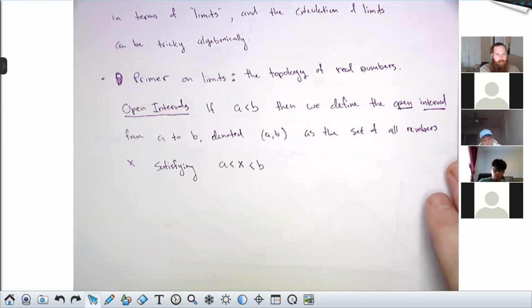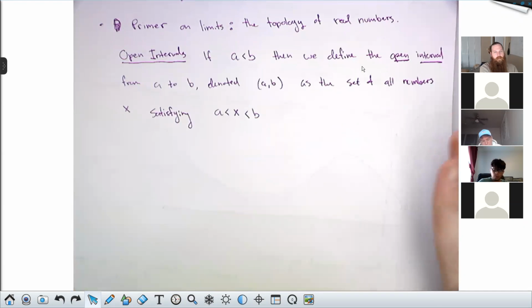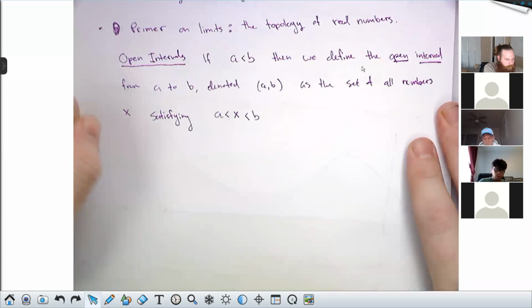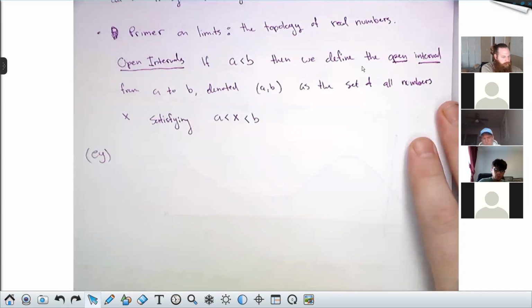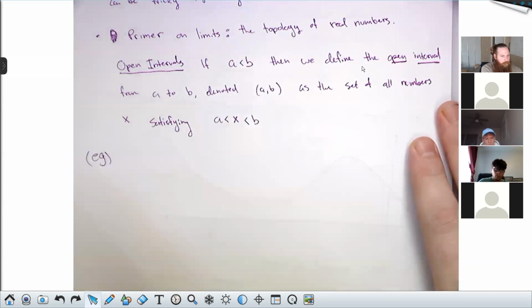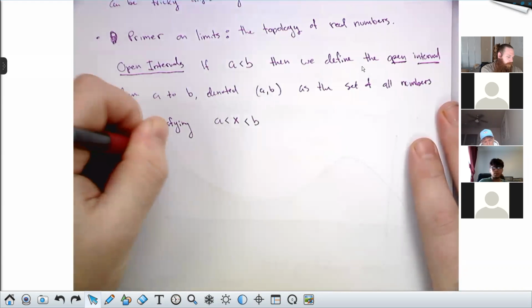Closed intervals are less interesting. Open intervals are really the knees of the bee. So I'm just going to focus on these for now. For example, and anytime I want to write an example in this class, you'll see me do this. I'll write e.g. off to the left, which is a Latin abbreviation, just means for example. For example, the open interval